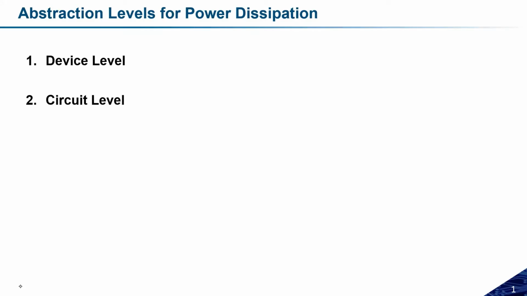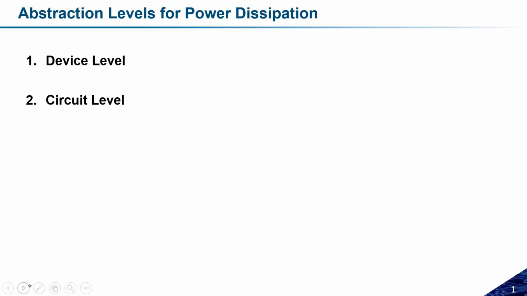But we already saw, for the different logic styles, the power dissipation is different. So by choosing the proper logic style, proper circuit topology, we can optimize the power dissipation. So this is also one of the ways. Okay, we also know that I will discuss more about power dissipation dependency on the VDD, or the supply voltage. We'll discuss all those things. Okay, so this is how we can decide the power dissipation at the circuit level.